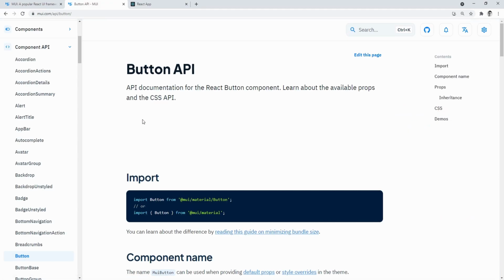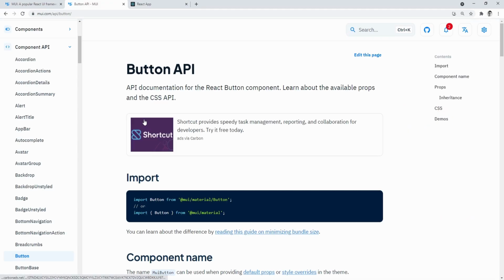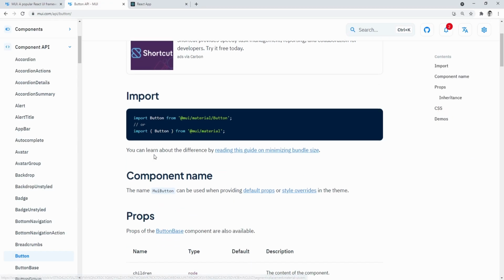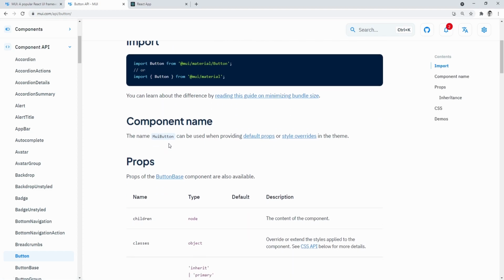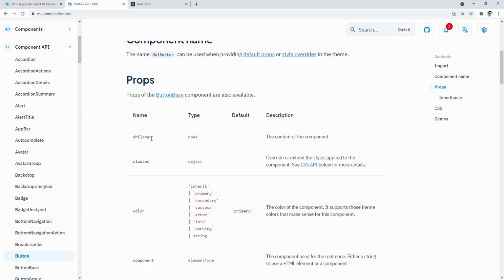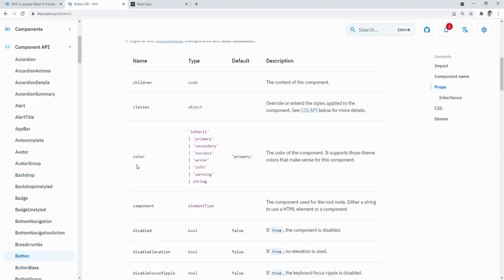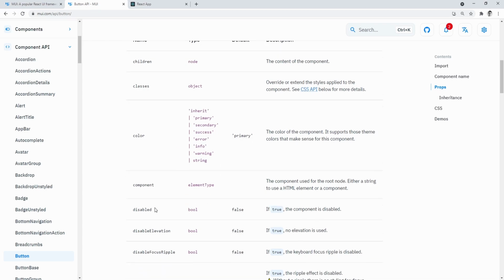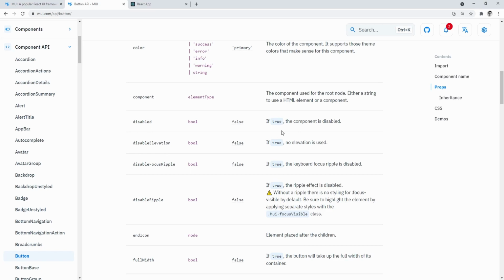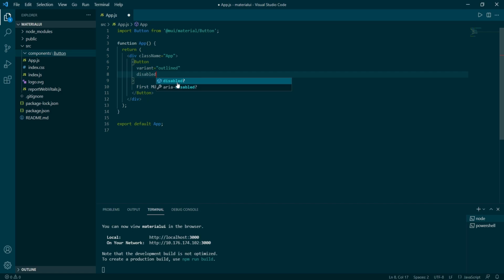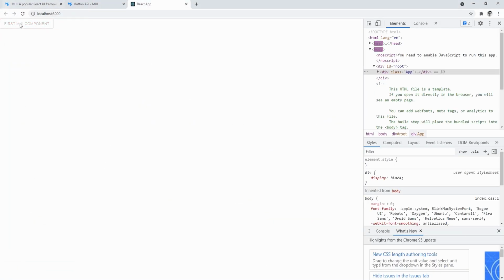To find out more about the button props, you can just go to MUI.com/API/button. We are just going to copy some of the props and play around with it. I'm not going to get into much detail in the first video, but we are going to look into it deeper as we move forward with our little MUI project. You can see there's plenty of things that we can use, but again, I'll just keep it simple for now. I'll just set the disabled state to true, and you can see the button styled itself nicely and